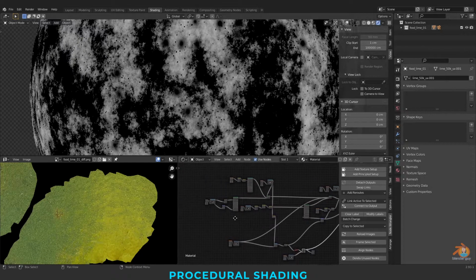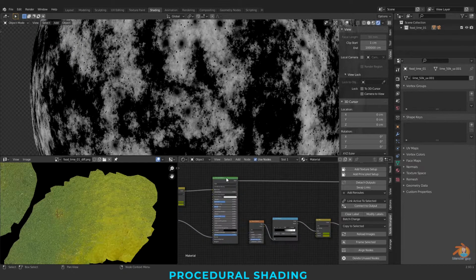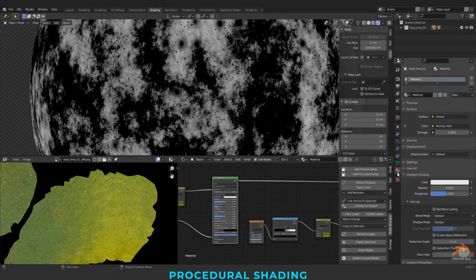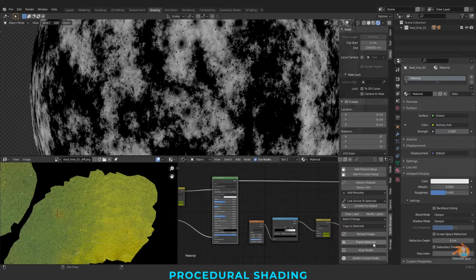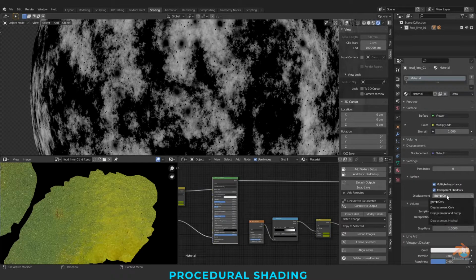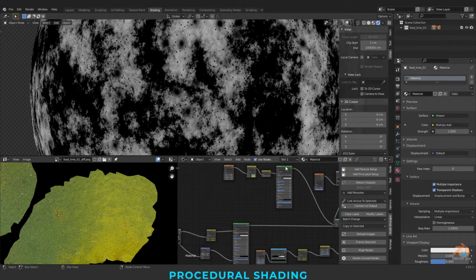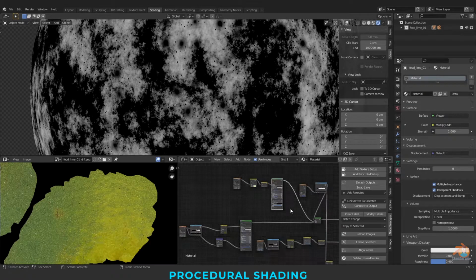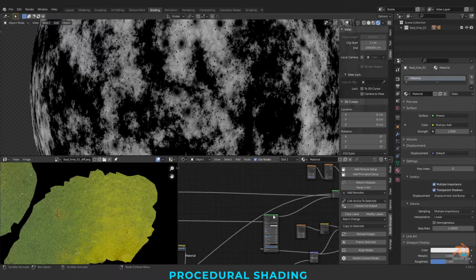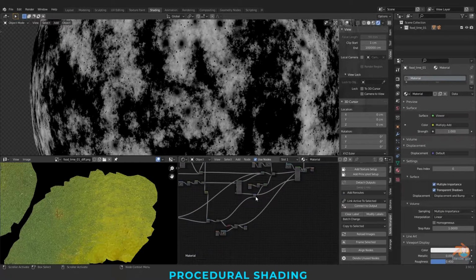Before that, we need to enable our displacement. Just click on the principled BSDF, and in the settings you will be having bump only. You need to change it to bump and displacement. If you change for one, it will be automatically changed for every other material you have taken.